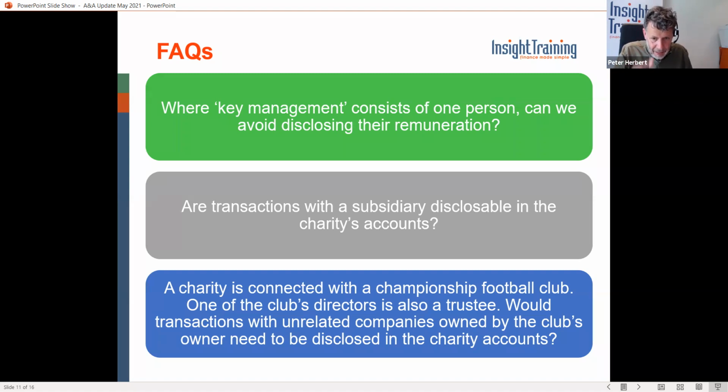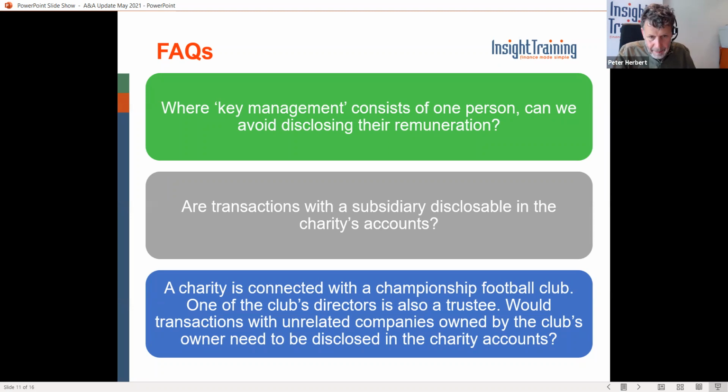So where the club and the charity have got a director and trustee in common, transactions between the two would definitely require disclosure in the notes of the accounts of the charity concerned. Now, if we assume, looking at the example, that the owner is not a trustee of the charity, I would say in that situation, transactions between the charity and those other companies would not technically require disclosure in the charity's